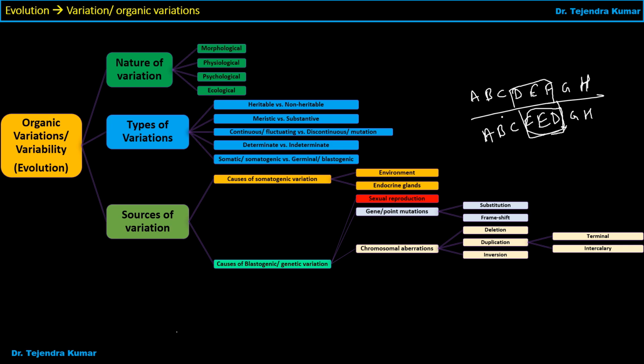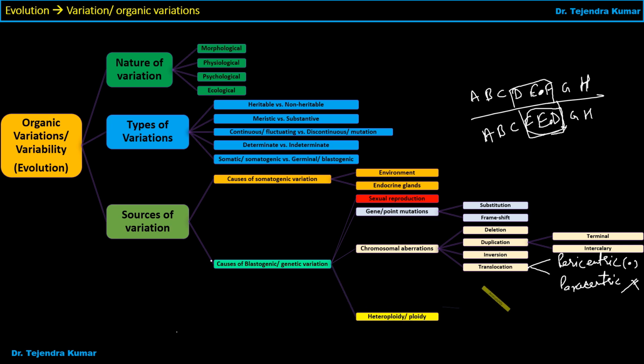It may also be pericentric or paracentric. If we are talking about pericentric, it means it includes the centromere or not. Whenever the centromere of the chromosome is included, it is called pericentric. And whenever the centromere is not included, it is called paracentric. Okay, so this is again of two types. Pericentric, in which the centromere is included, and second is paracentric, in which the centromere is not included. Okay.